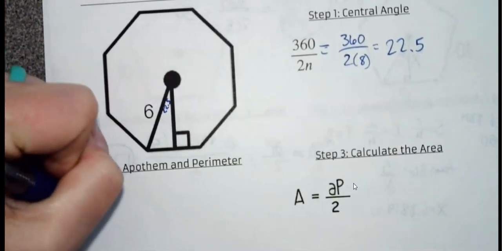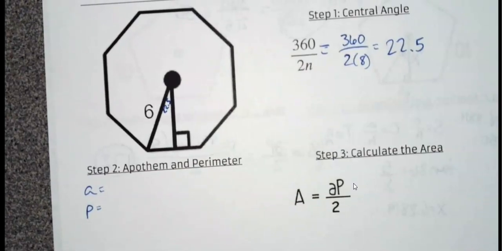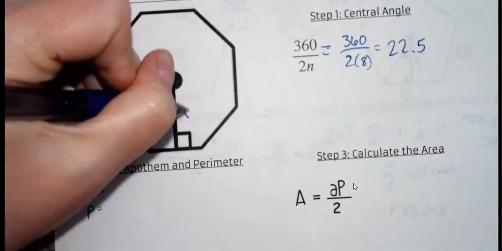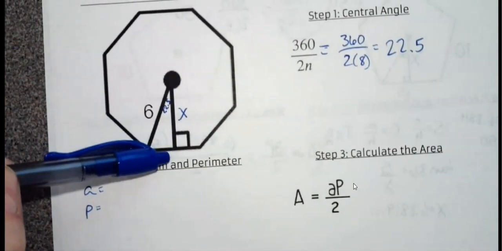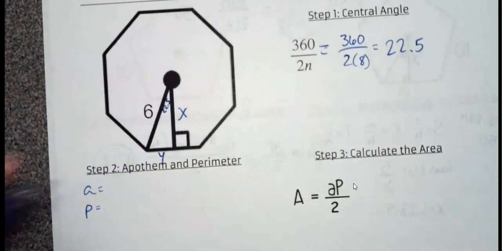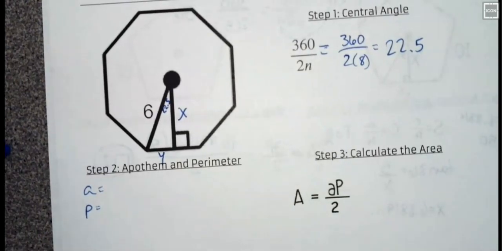We don't have the apothem or one of the sides to figure out the perimeter, unfortunately. So we're going to have to do trig twice on this one. I'm going to call this x, and this one y, because we've got to figure out this in order to figure out the perimeter. We've got to figure out the apothem in order to figure out